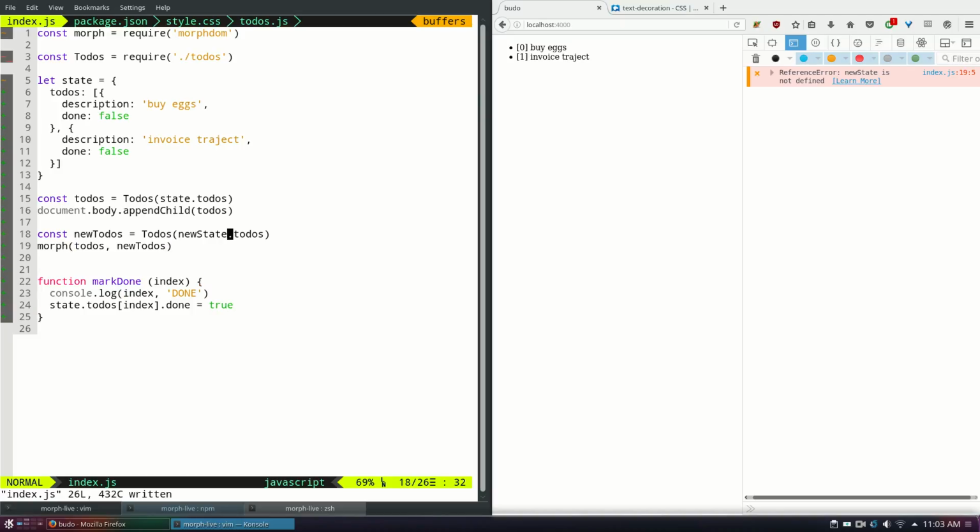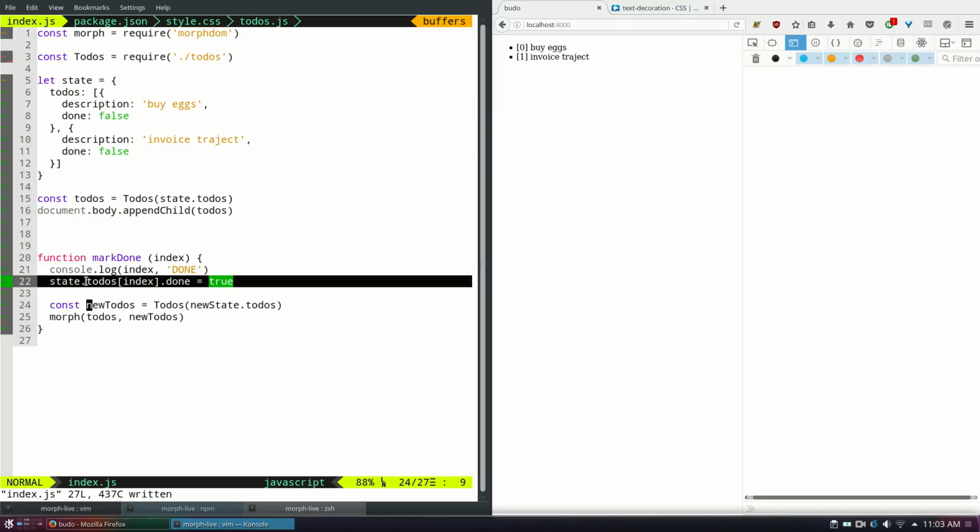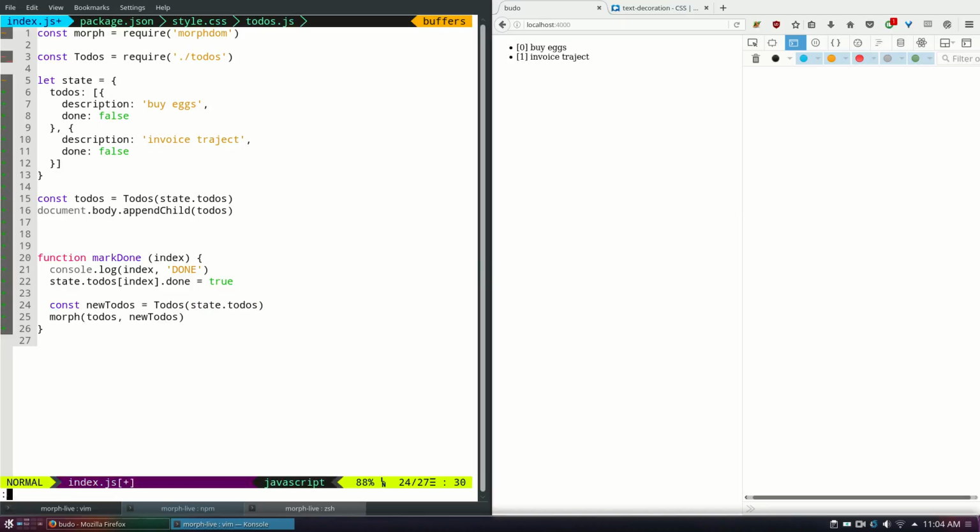And actually, let's put this code in here now. So like, as we mark done, we're essentially making a new to-dos visualization. We want to take into account the fact that we just changed this state. So we're going to use the to-dos template and take the, it's not going to be the new state, it's just actually going to be the state because we modified the state directly. We're going to take the to-dos out of that and hope it morphs. So,